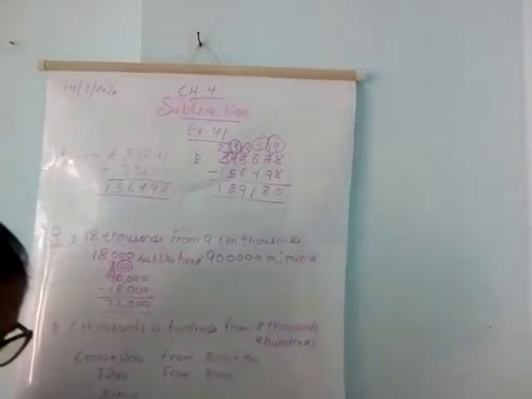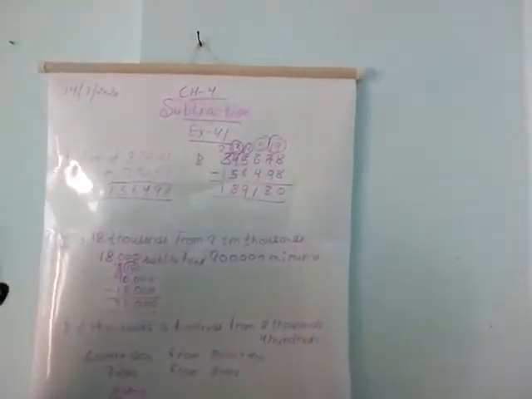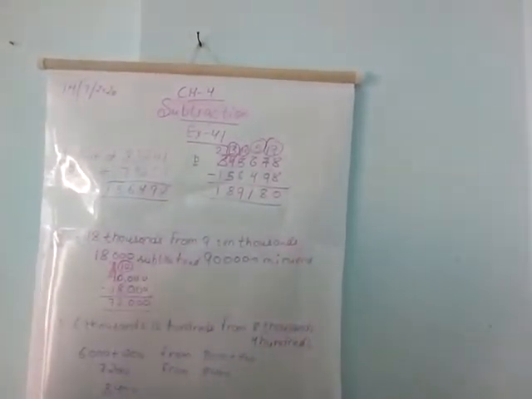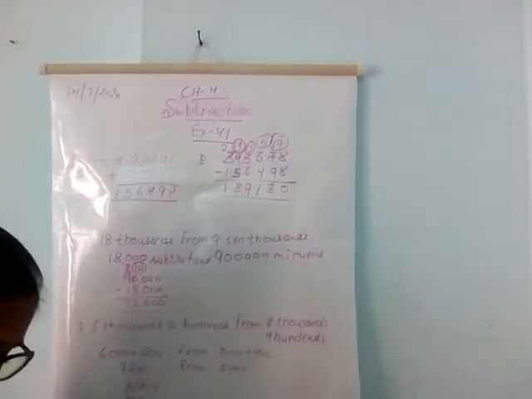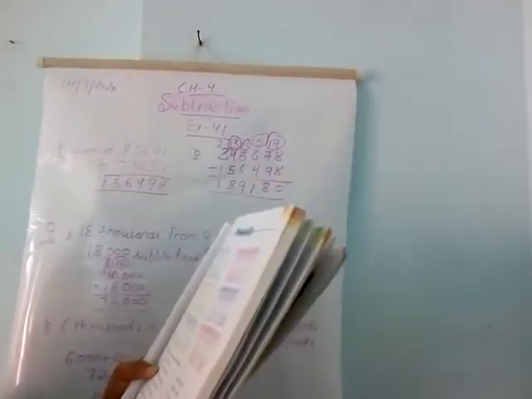So today we are going to continue with chapter number 4, which is subtraction, of your book. Till then we have completed up to question number 6. Okay, from your book we have done question number 6. So today we are going to do question number 7, which is subtract the sum of